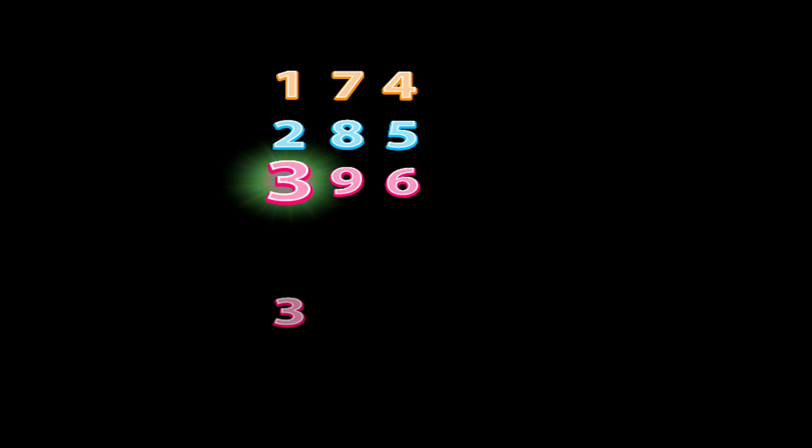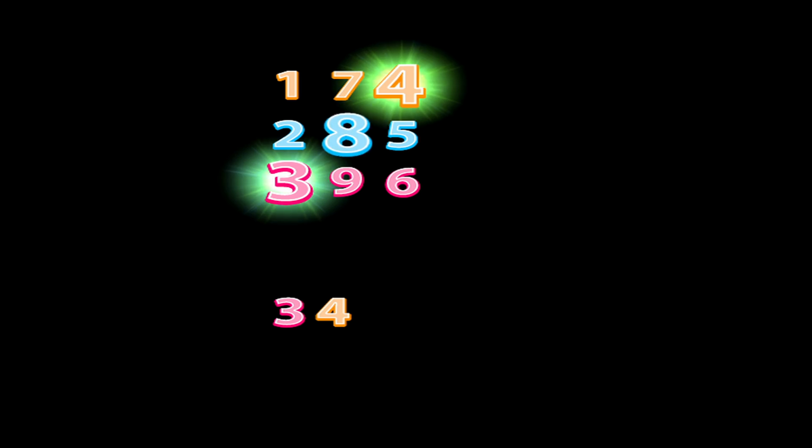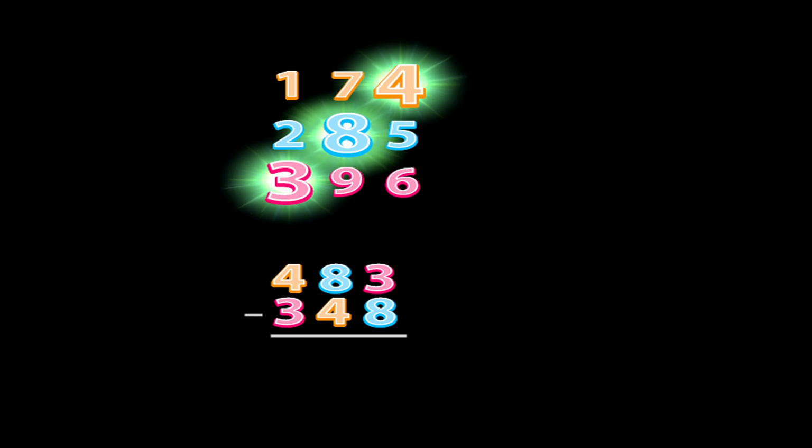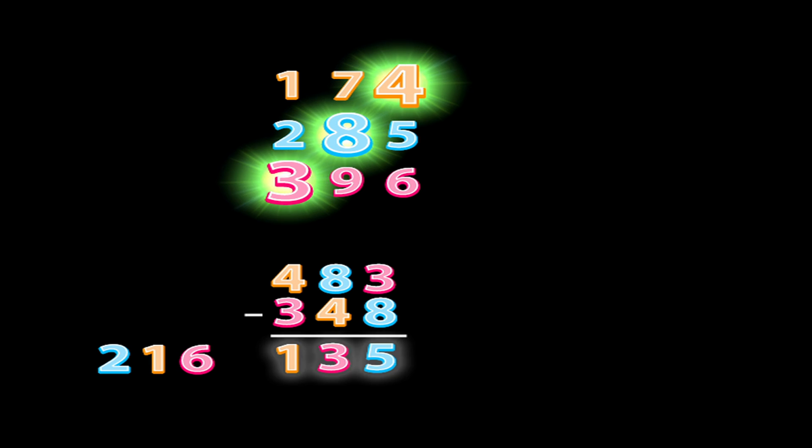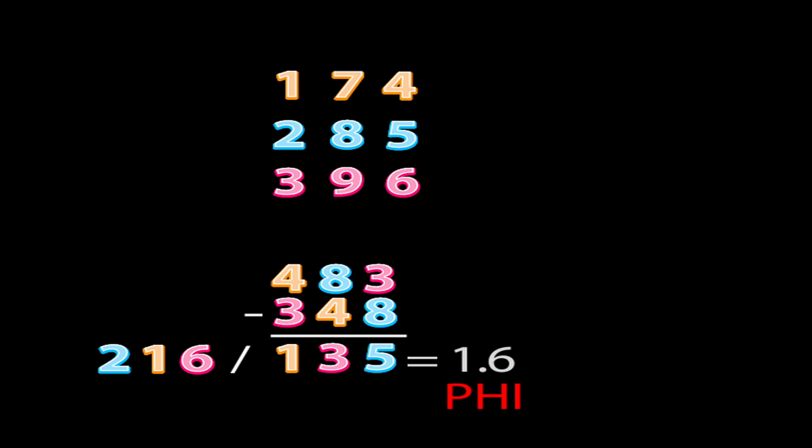On this one, I start at the lower left with the 3, go around to the 4, then back to the 8 in the middle. Gives me 348. I subtract that from its shifted pair, and I get 135. Then I divide that by the 216, or an octave of the 432, and I get a number on the